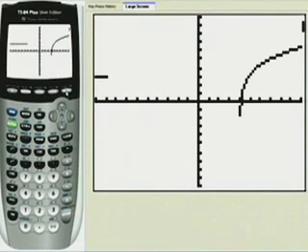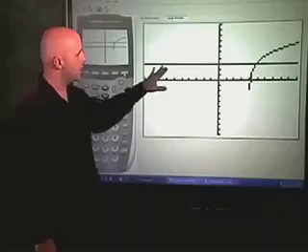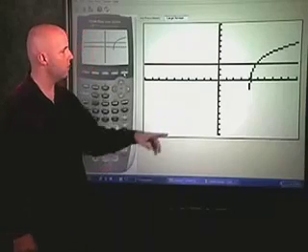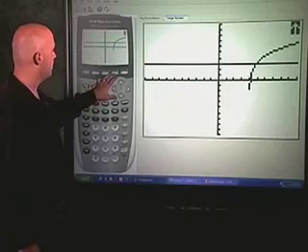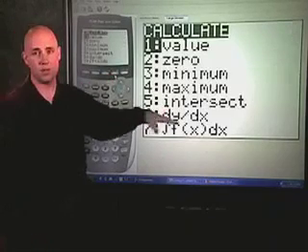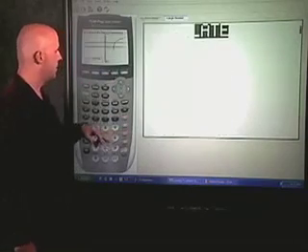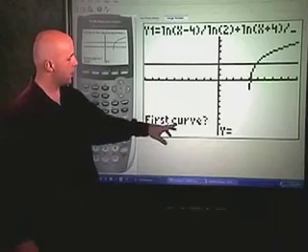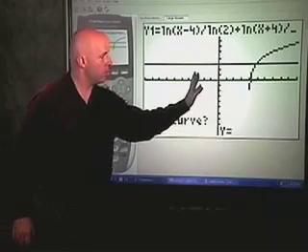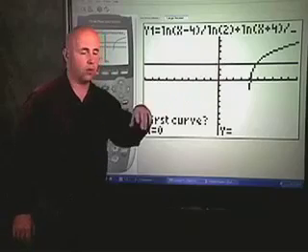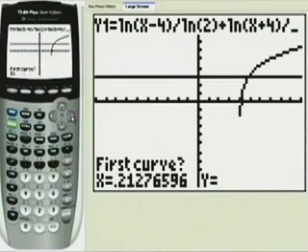We have the graph of y1 and our graph of y2 that comes through there. We're looking for this intersection point. We'll go to our calc menu. We'll pick option 5 for intersect. For the first curve, we notice there's no y value present here. We're not actually on the graph of y1 right now. So we're going to need to scroll over